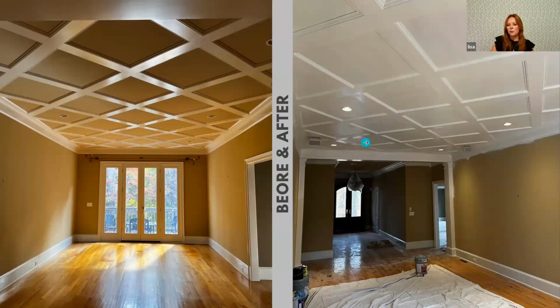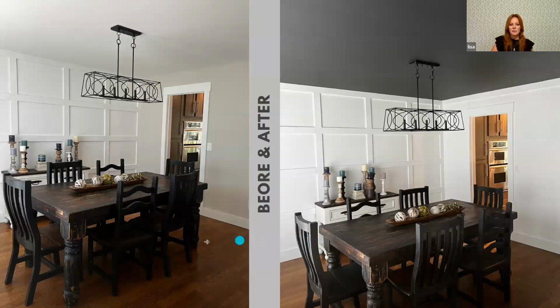Now this was just the first coat. This needed a second coat. Sometimes I jump the gun on taking my after pictures, but you see it kind of transforms this room and just made it feel a lot more elegant and upscale. This here,